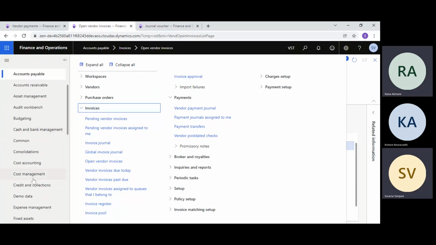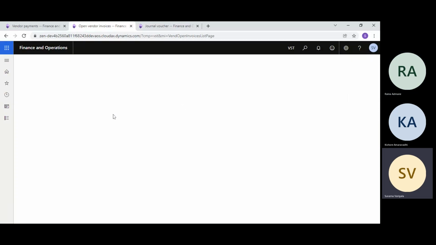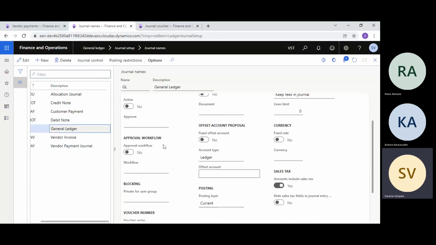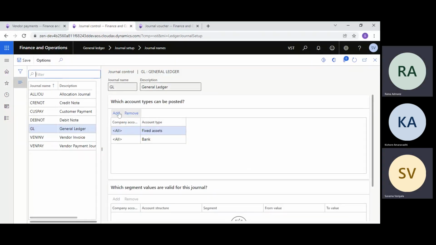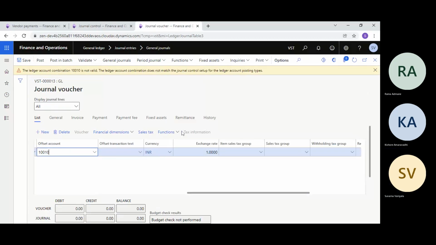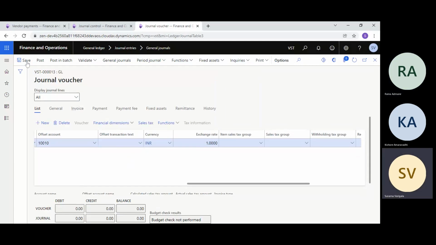If that control is restricting you from selecting bank, you need to allow that. So here is the fixed asset and bank. You add the ledger also. Yeah, that's it. Now close this message and try to validate. Okay. Now you can post this.